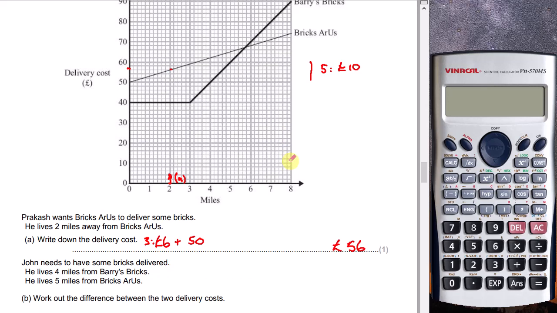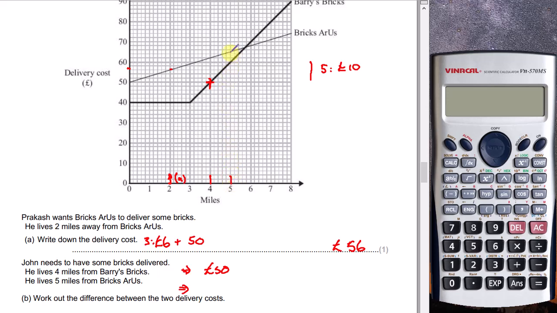John needs to have some bricks delivered. He lives 4 miles from Barry's Bricks and 5 miles from Bricks R Us. So which one? Work out the difference between the 2 delivery costs. So 4 miles from Barry's, which is going to be here, that's 50. 5 miles from Bricks R Us,